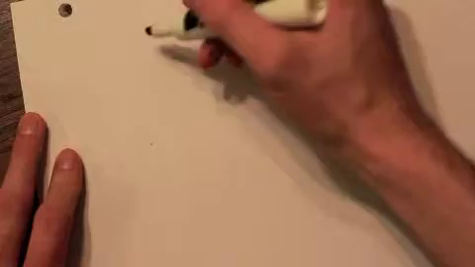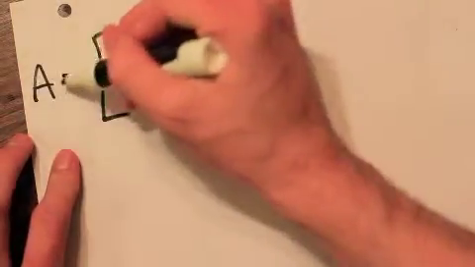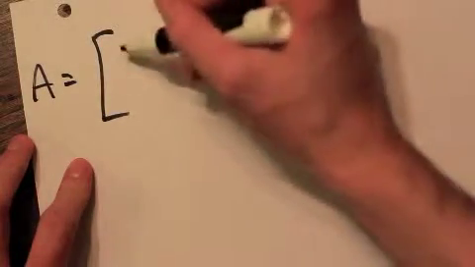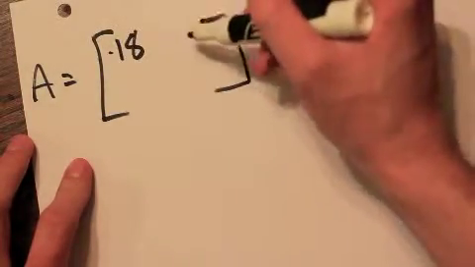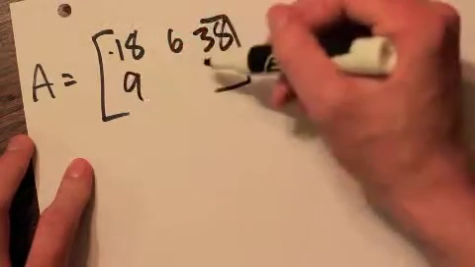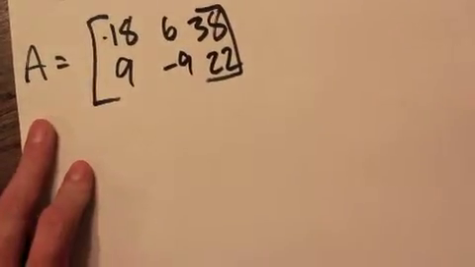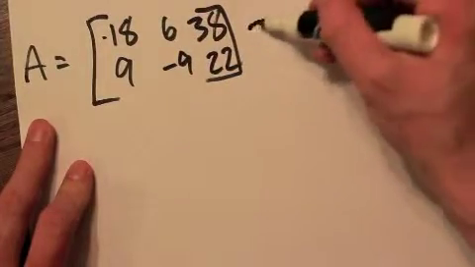Now, matrices, as I said, are used to organize data. In order to organize that data, you need to be able to find pieces of it quickly and efficiently. So, how they do this, say we're given a matrix, and it is matrix A. And it's organized, let's see, negative 18, 6, 38. So first, this is a 2 by 3 matrix,